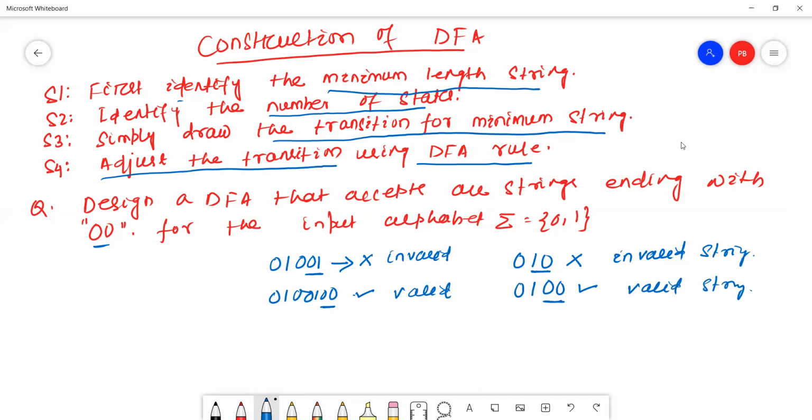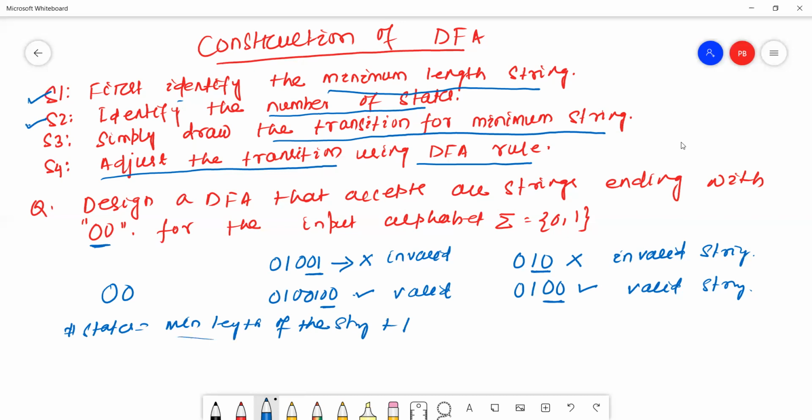Now we will construct the DFA for this question. We have to follow these 4 steps. First, identify the minimum length string. The minimum length string here is 0 0. The second step is to identify the number of states. The number of states equals the minimum length of the string plus 1.